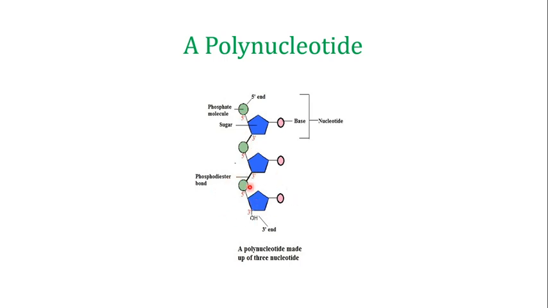So all of these nucleotides are attached to each other by these phosphodiester bonds. And the term that we use is the sugar phosphate backbone. So this is the phosphate, this is the sugar, the phosphate, the sugar, the phosphate, and the sugar. Therefore we say that this is the sugar phosphate backbone, and these are the bases which are present in the interior of the structure. So the outside of the structure is a sugar phosphate linkage. And this is the polynucleotide, which is only made up of 3 nucleotides, and it is extending in this particular pattern.